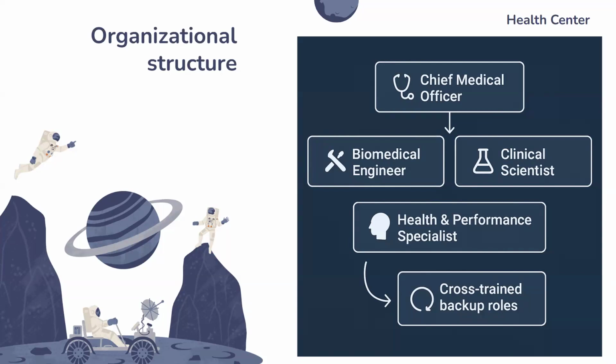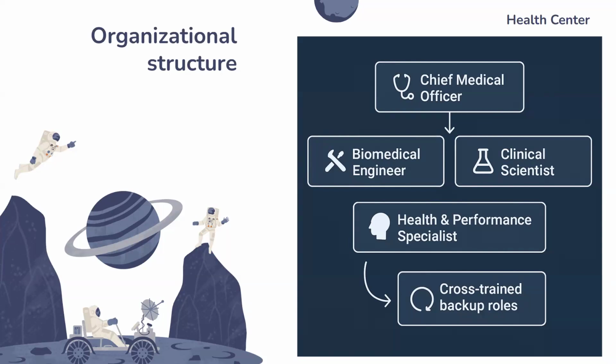Then we have the biomedical engineer. While traditionally this is a technical support role, in space it becomes mission critical. This person will be responsible for maintaining and calibrating all medical technology, including lab on chip, bioprinters, and surgical robots. This role has grown on the ISS, which introduced complex life sciences hardware requiring mid-mission reconfiguration and repair as well. Third comes the clinical scientist. The role will manage the pharmaceutical system, laboratory diagnostics, and any ongoing experiment in a bioreactor or drug synthesis.